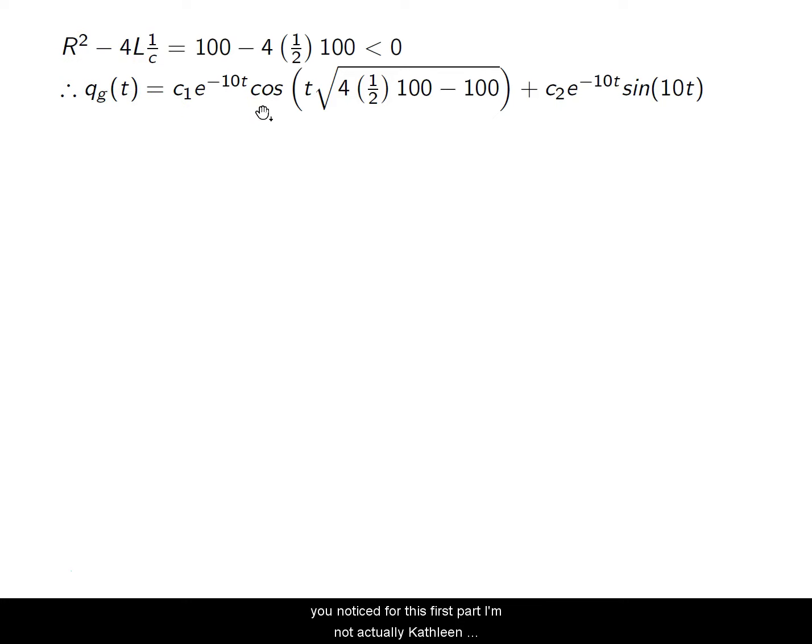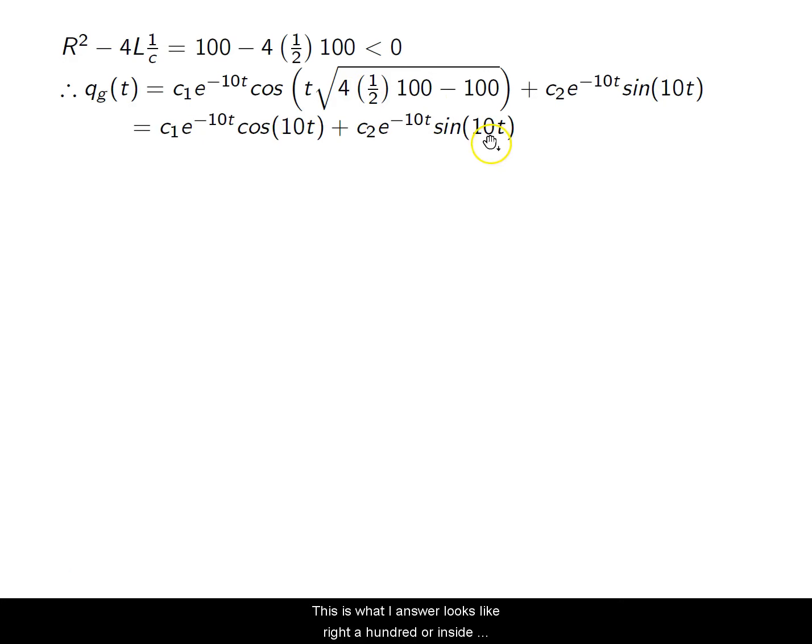Okay, so if you notice for this first part, I'm not actually calculating anything. I just plugged everything in. This is easy to calculate. For this one, I calculated it over here because it's very easy. This is 200 minus 100, which is the square root of 100, which is just 10, right? So here I'm just plugging it in. It didn't make sense to plug it in twice. It's very easy to calculate. If it was not, I would have just plugged in the same thing. So just to keep it simple,